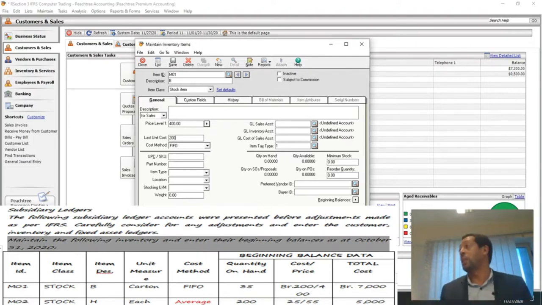Fixed pricing, right? 400 we have said. So the stocking unit or measure we say what